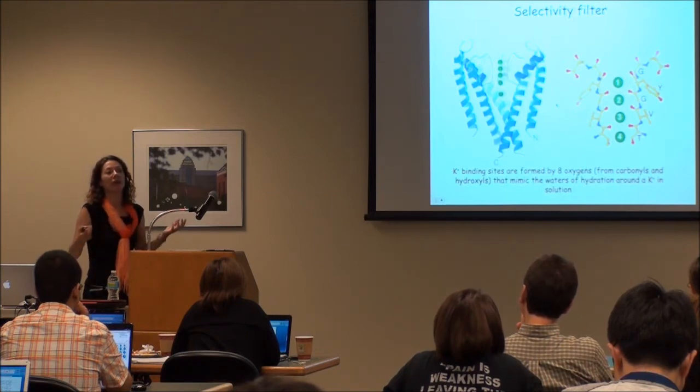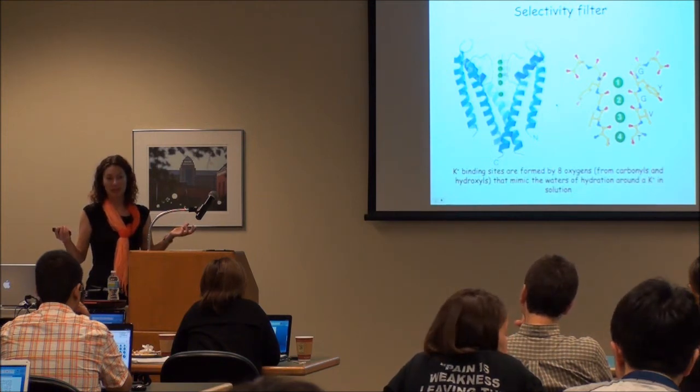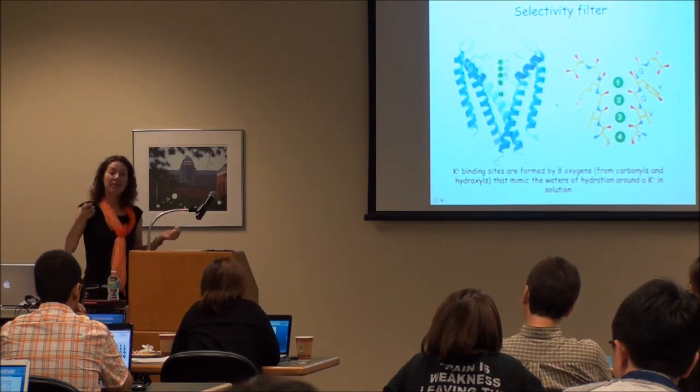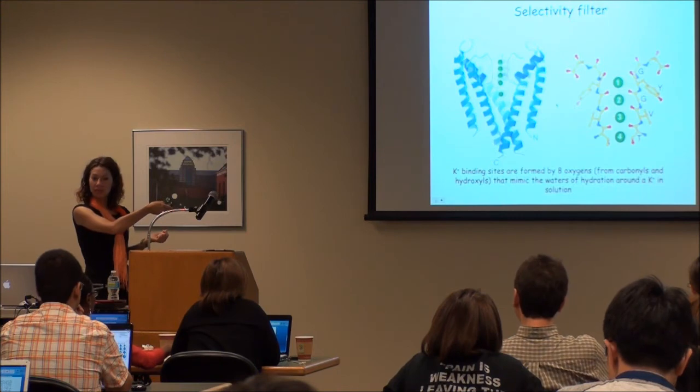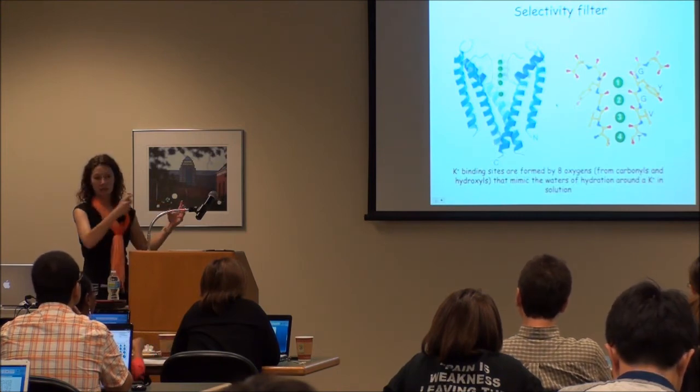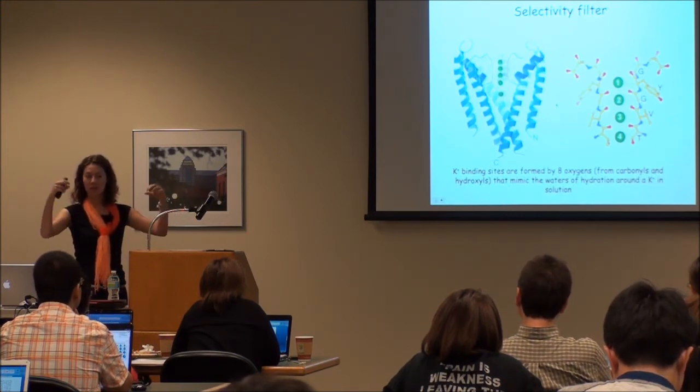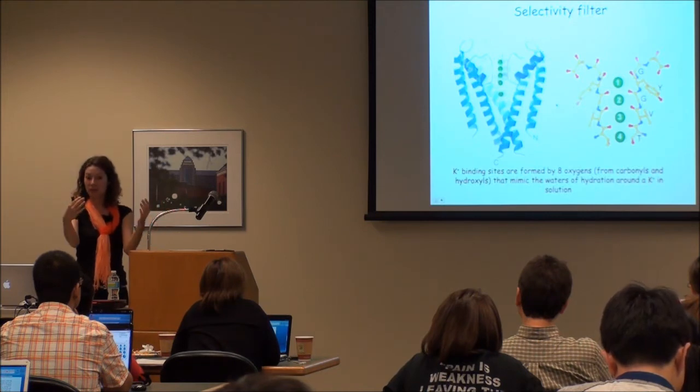So that's similar to what? What did I say about water? In solution, you have a similar arrangement around the potassium ion. You have water dipoles surrounding your potassium ion with the oxygen facing towards the potassium,